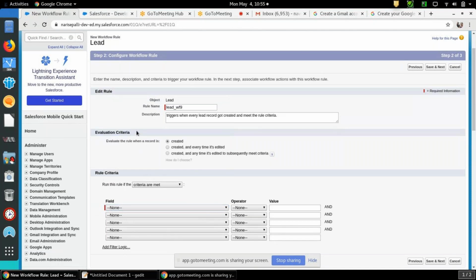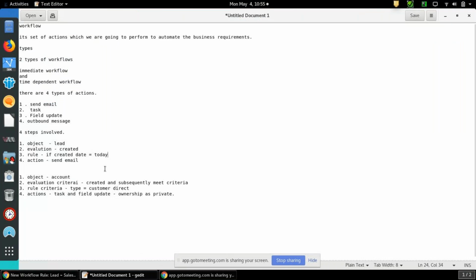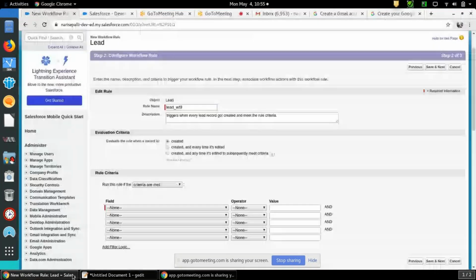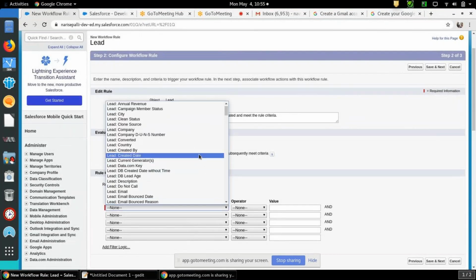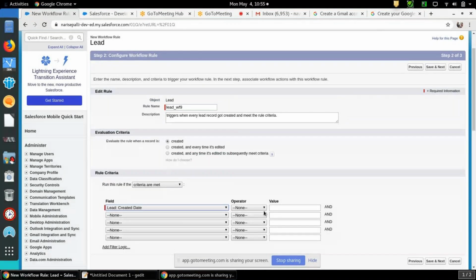You can select rule criteria here as well. In this scenario, what we are doing is: if the record's lead created date equals today, then it has to execute, right?